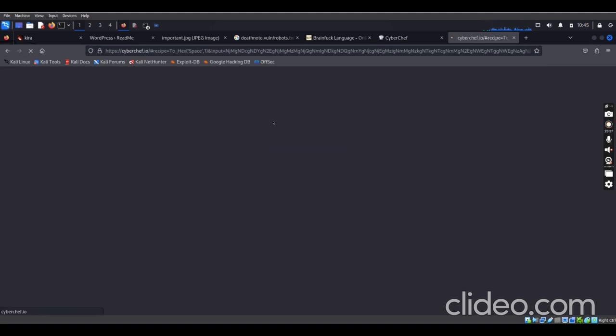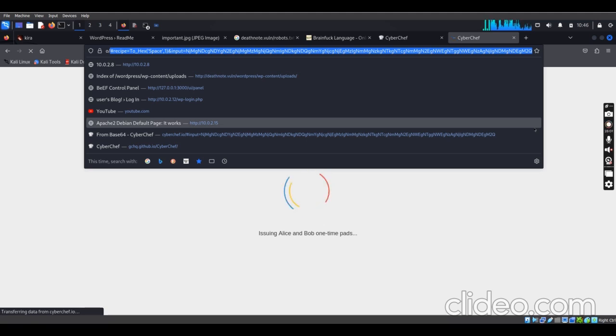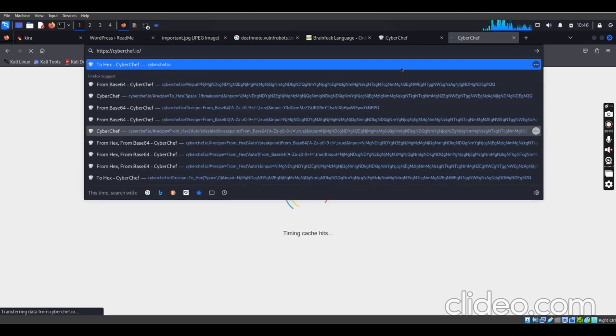I need to copy all this. So it's going to open up for us now. We just hold on and see. We use this to actually decode that as a decimal. So I'm going to have it this way.